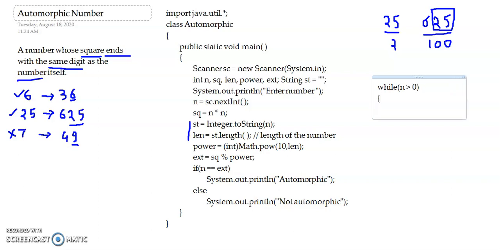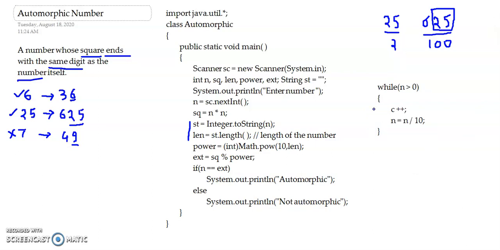Inside this you just use a counter to count the digits, how many digits there are, and also reduce the number as you have done earlier with other numbers. So this will be the logic for the while loop. Using a while loop you can also calculate it.